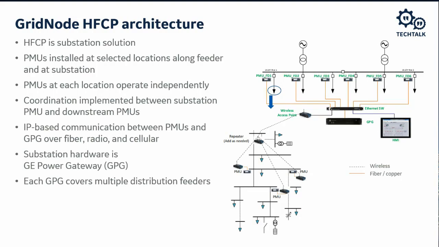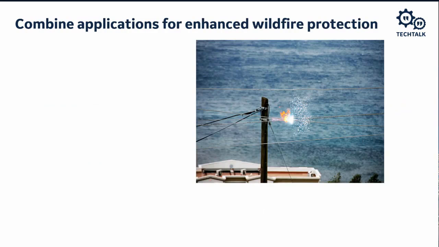The RTC is a high-performance computing platform that supports the real-time control engine and high-speed Ethernet communications with multiple protocols, such as DNP3, C37.118, and IEC 61850. Note that the PMUs can be F60 relays with the high impedance fault algorithm running, as well as the grid node HFCP architecture PMU. Therefore, we can combine the HFCP and the high-Z HIF applications to enhance the likelihood of